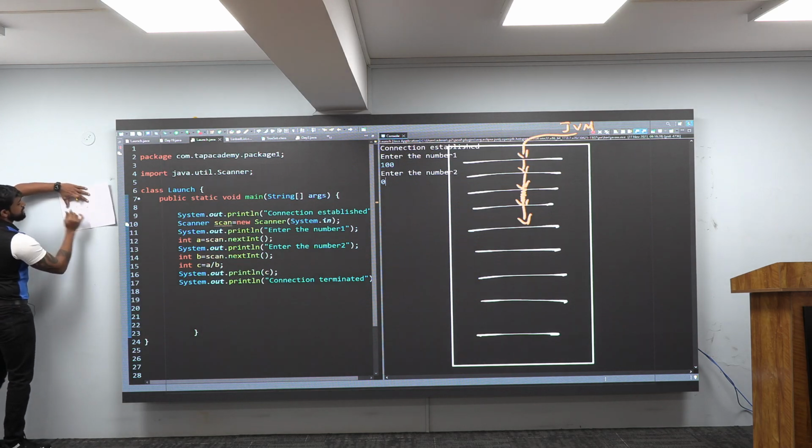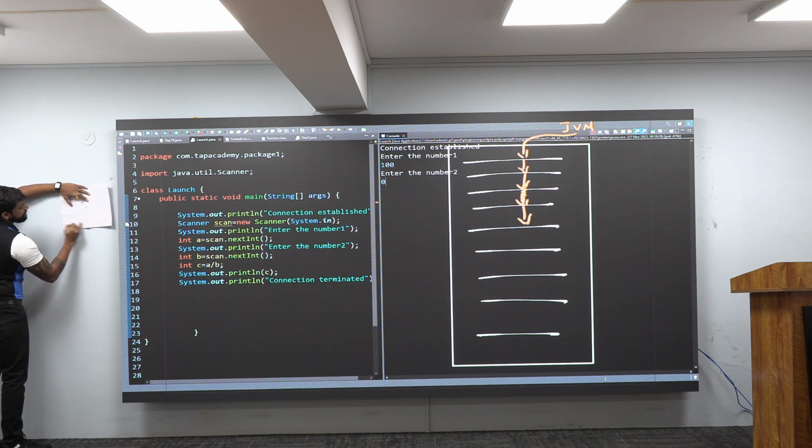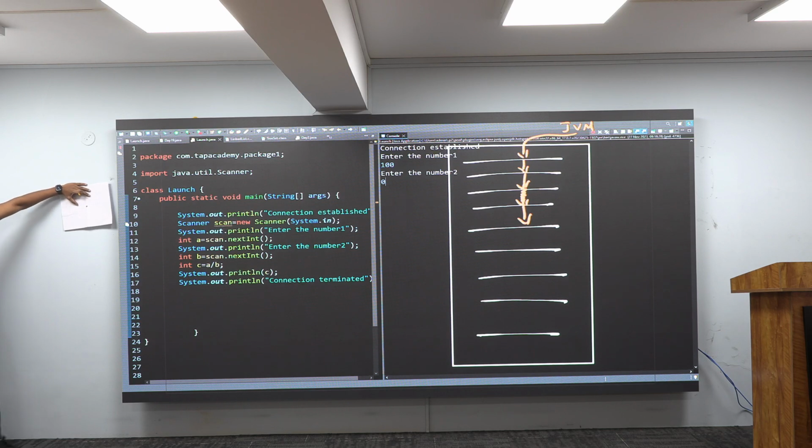It will tell where this exception happened. In which package? It will tell that in package 1, this exception happened. In package 1 where? In launch. In launch where? In main, this exception happened. In which line also it will tell. Which line? In line number 15, this exception happened. That is what it will tell.